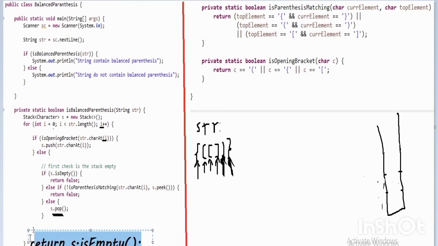If our string is completed and the stack is not empty, then it means the expression is not valid. So here we check, is our stack empty? Yeah, it is empty, so return true. So it returns true, and the message that the string contains valid parenthesis will be printed.